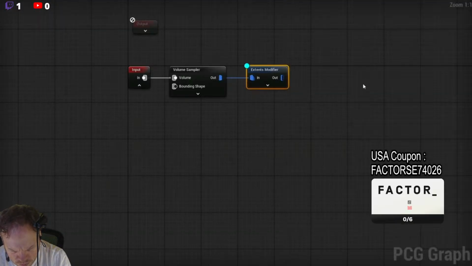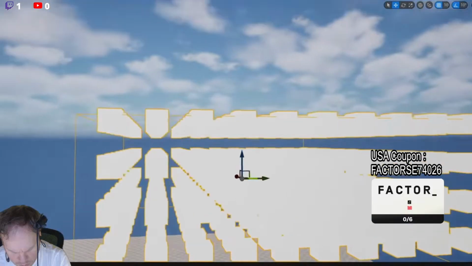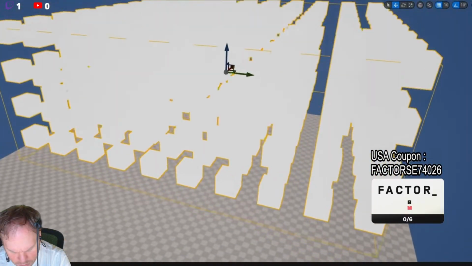And now if I go ahead and sample this with a D key, you can see we now have a much easier time seeing the individual